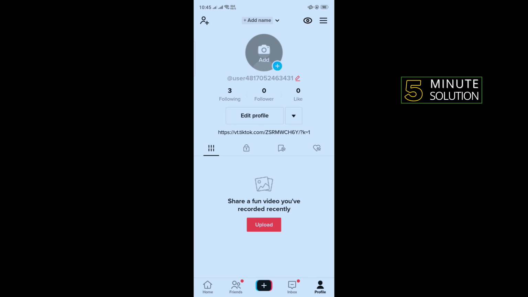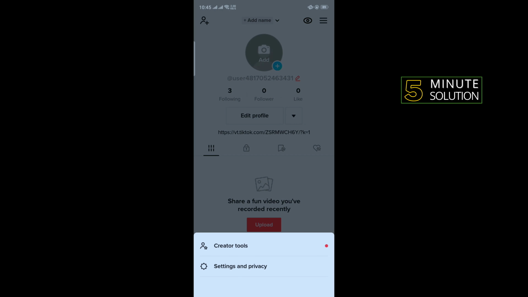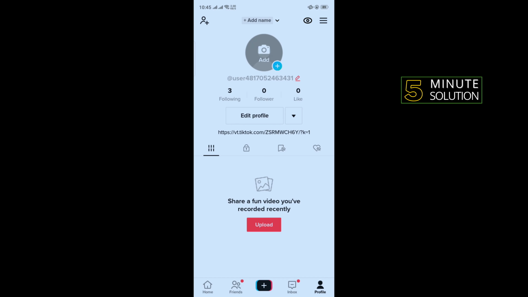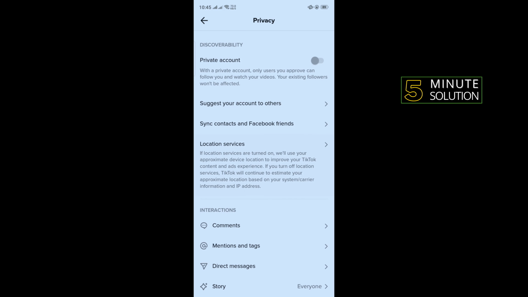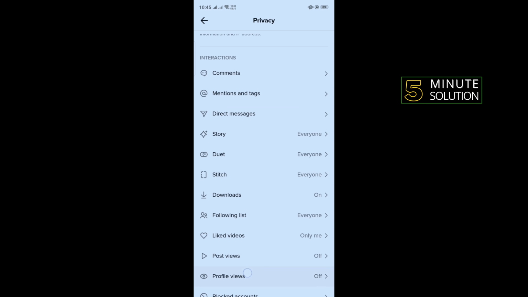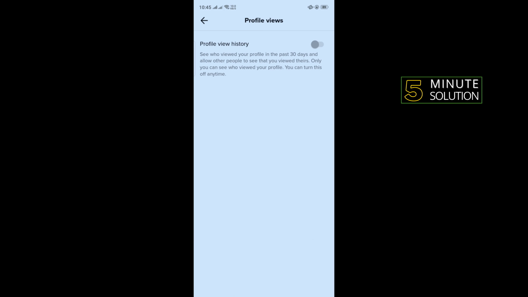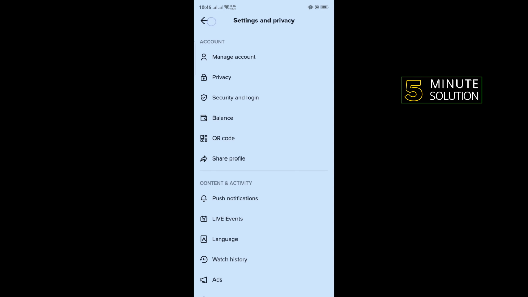So open your TikTok app and open your profile and tap on the three-line icon to the upper right hand corner of the screen and tap on settings and privacy. Tap on privacy, scroll down and here you'll find profile view, so tap on that and all you need to do is toggle on this option and see who viewed your profile in the past 30 days and allow other people to see that you viewed theirs. After doing that,